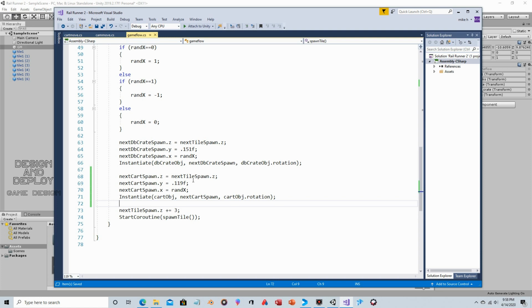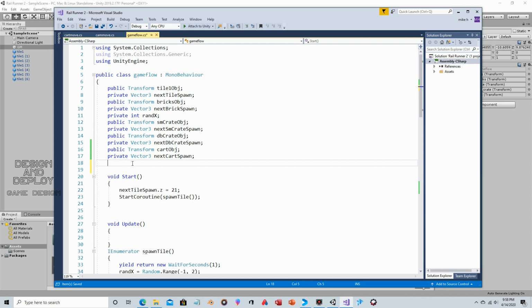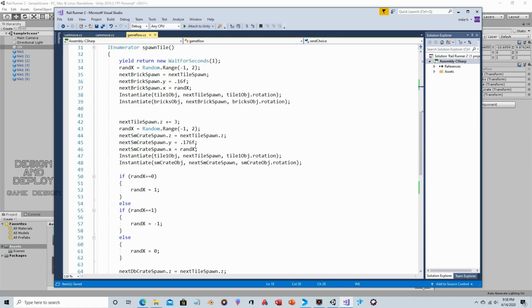So what you could do is just do another random number. So we'll do private int rand choice, and I'll default to 0. What we do here,